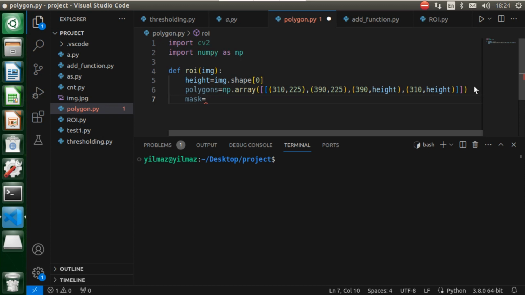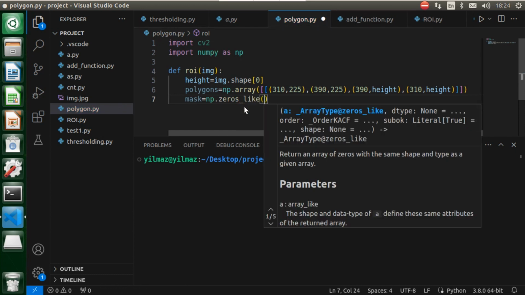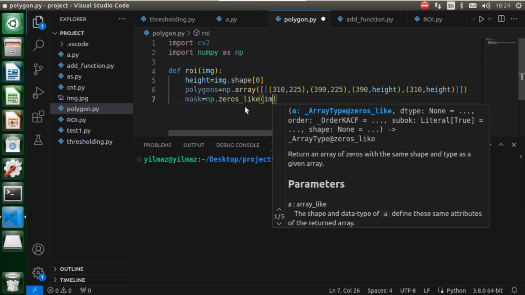At this point, we need the size of our main image. For this reason, we must define the variable name of our main image as a parameter. Alright, so now let's call our np.zeros_like and also open and close parentheses, and let's enter your parameter as img.